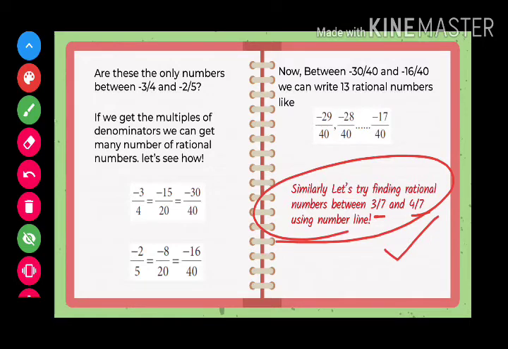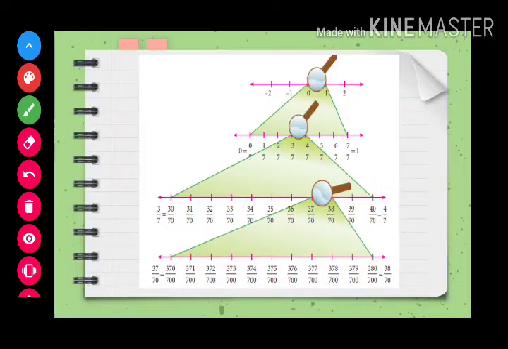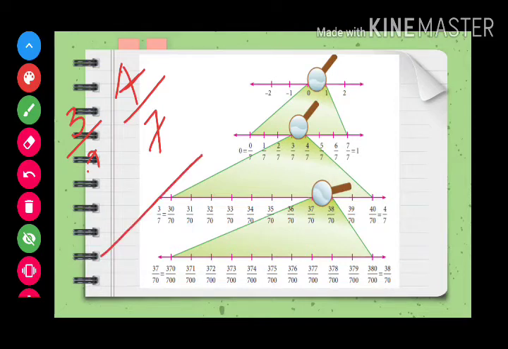We all know how to use a number line. Let's see that. We all know the given question is 3 by 7 and 4 by 7. So we know that 3 by 7 and 4 by 7 are proper rational numbers. As I have mentioned in the earlier video, proper rational numbers are numbers which exist in the number line between 0 and 1. It cannot go anywhere after 1 or anywhere before 0.